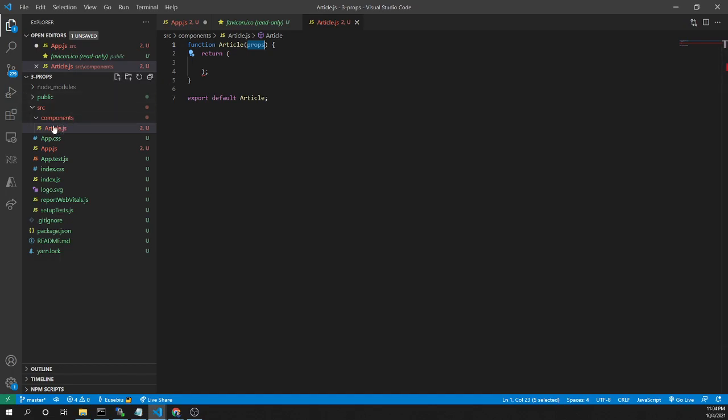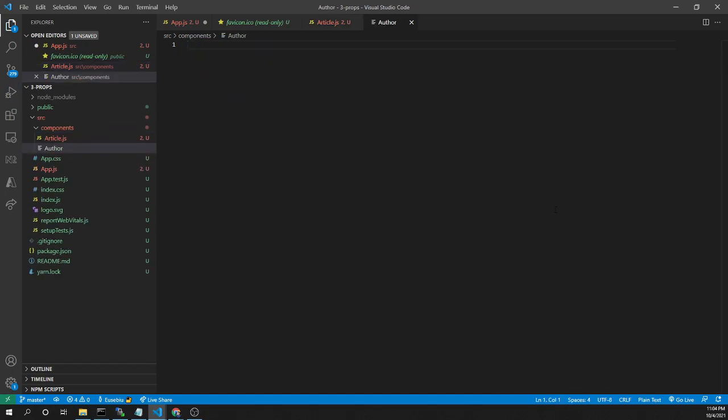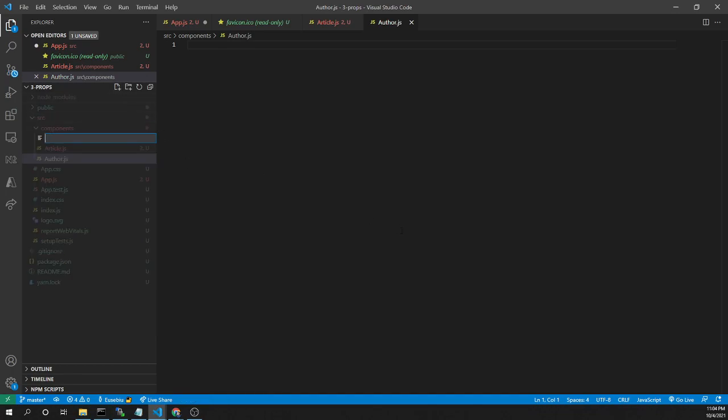I'll create for my application another component with the name author. Oh, here I need also JS, so I have author. Also, I need to create date.js.